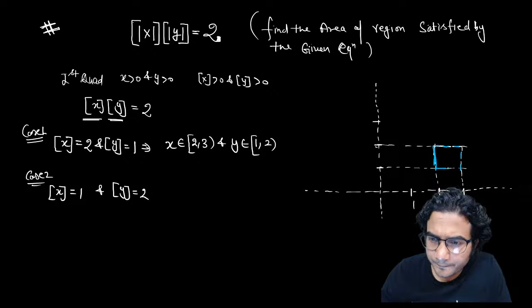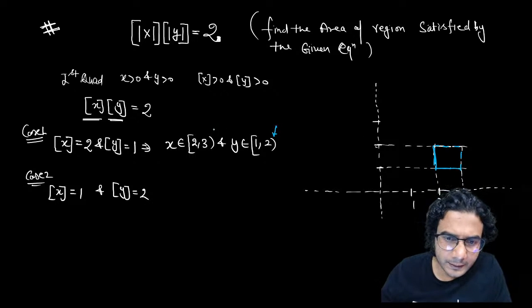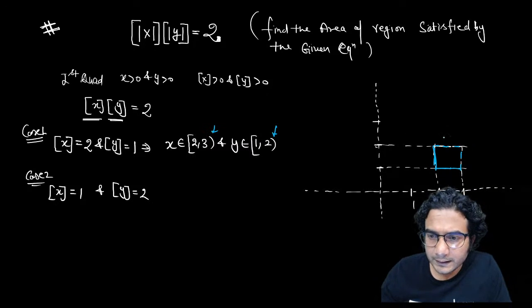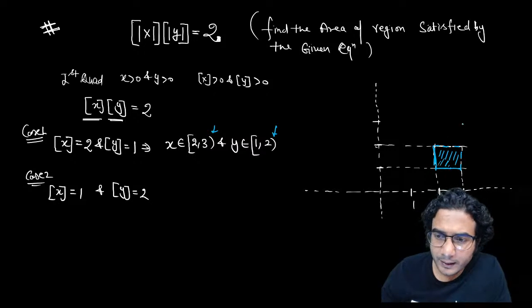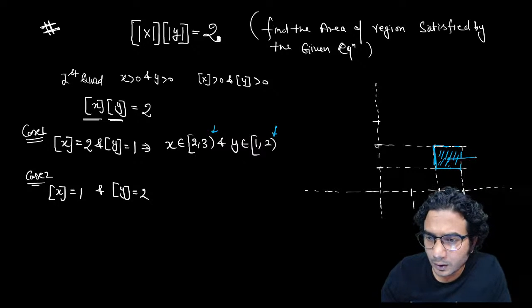This is solid. You can see the right side is open. So 2 and 3, this line, this is wise. All these points will satisfy. If you pick any point, say inside this box, say this point is 2, 5 by 2,